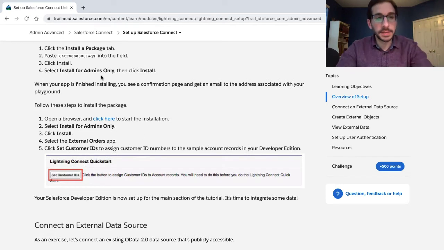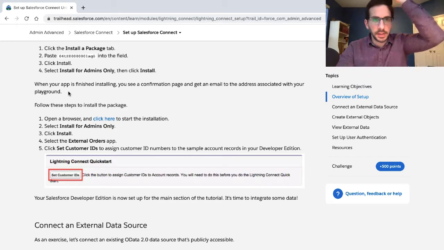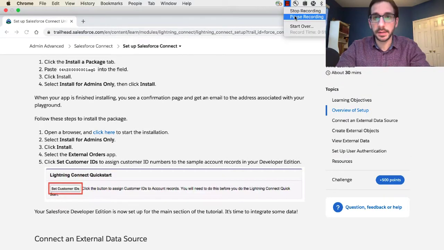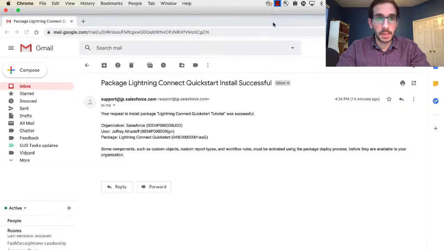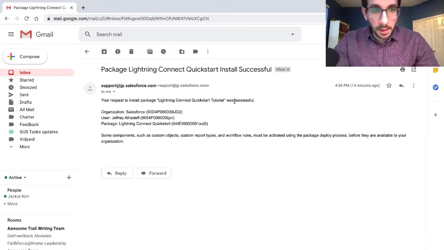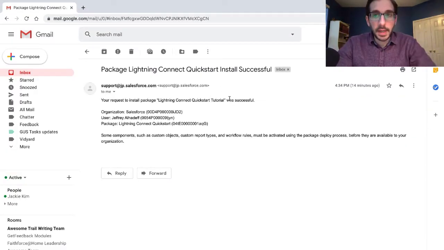Okay, when your app is finished, so skipping along, once it's installed, you'll see a confirmation page and get an email to the address associated with your playground. Let me check for that. Yep, there's my email saying that was